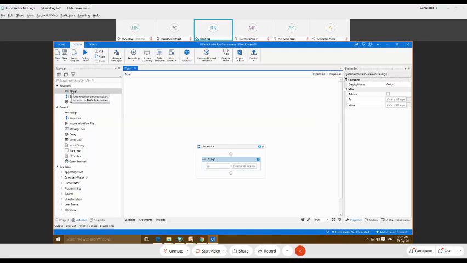After debugging this file, we are only getting the output in the second workflow file corresponding to the argument whose direction is out, but we are not getting the output for the argument whose direction is in. We are only getting the value of the example of out argument, not the example of in argument. So this is all about how data can be passed from one workflow file to another. This is all about the argument.